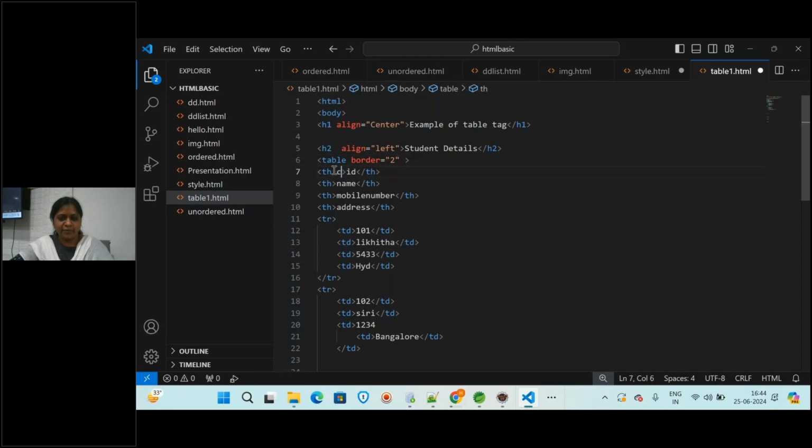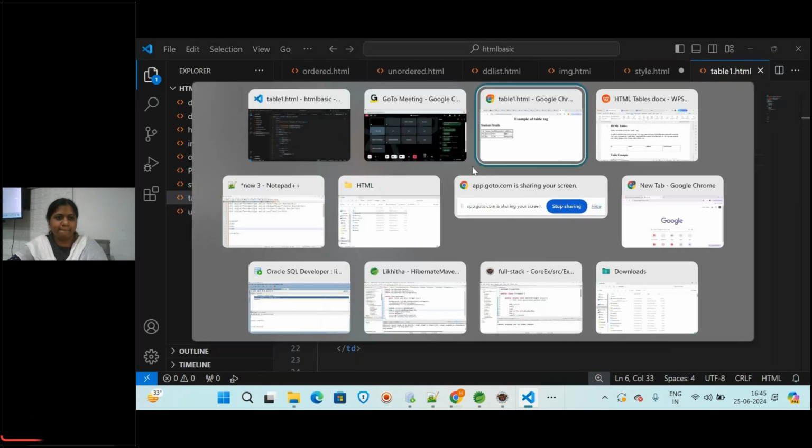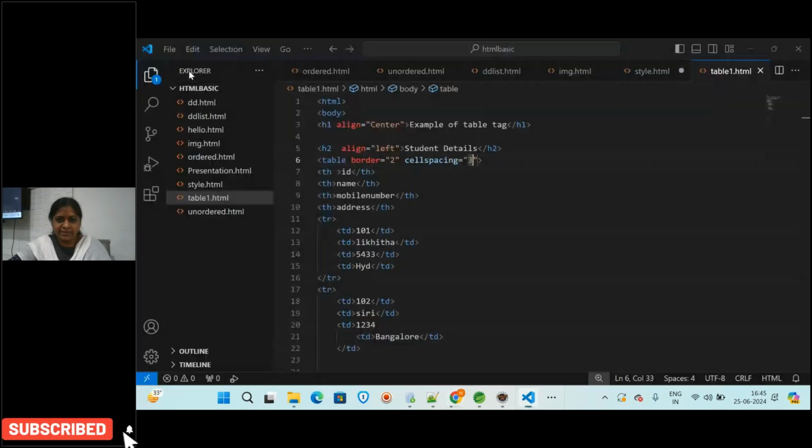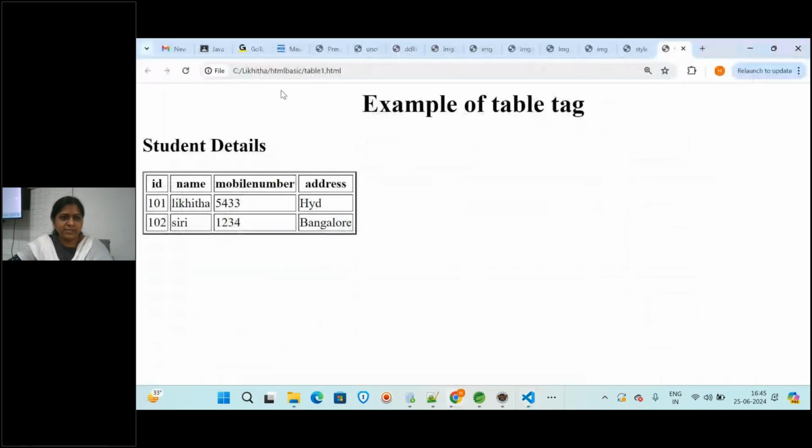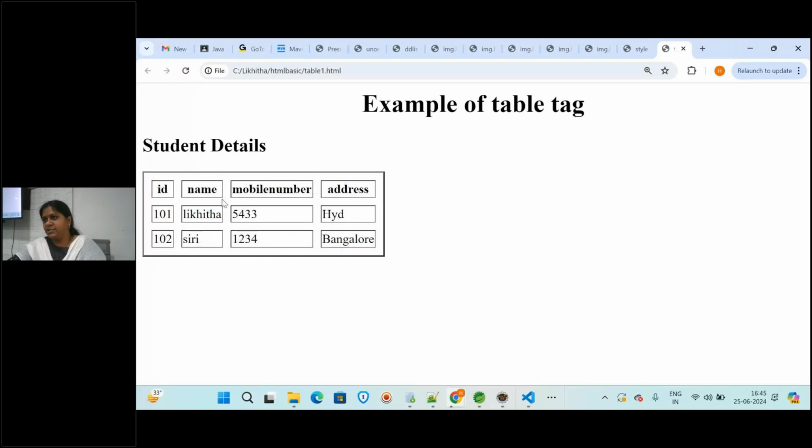Also, if you want, you can provide here like how much space you want between this. Let us give some more like 10 or something. So I'll just execute this. So you got the spacing, like that space, how much you want, that will be given using the cell spacing.